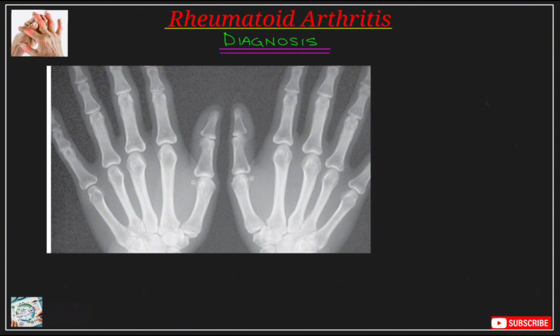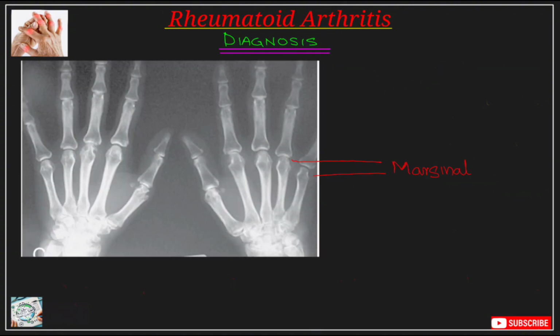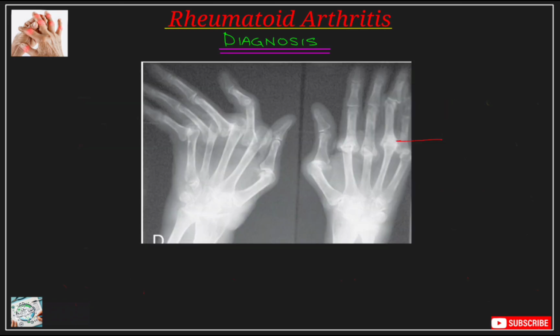This radiograph of the hands shows early rheumatoid arthritis with symmetrical joint space narrowing and juxta-articular osteoporosis. This is the X-ray of the same patient 5 years later with significant marginal erosions and severe wrist involvement. This is a radiograph of a severe rheumatoid arthritis showing destruction of the metacarpophalangeal joint,